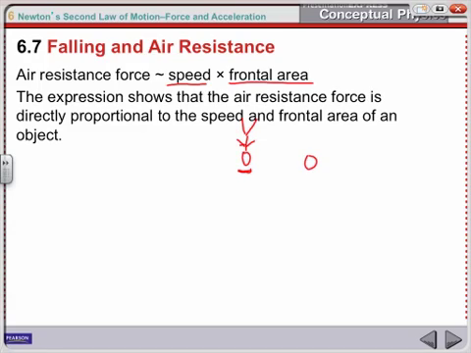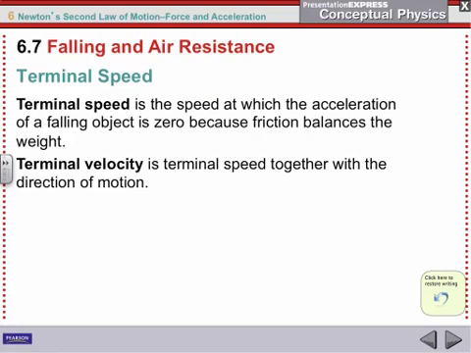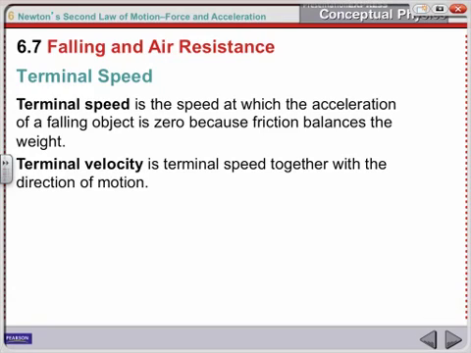Okay, so that slows down the one a lot more than the other one. So you experience more air resistance the faster you go. If you hold your hand outside of a car that's going fast, you're going to feel a whole lot more than if you're just walking. And air resistance is directly proportional to the speed and your frontal area, what surface area you've got